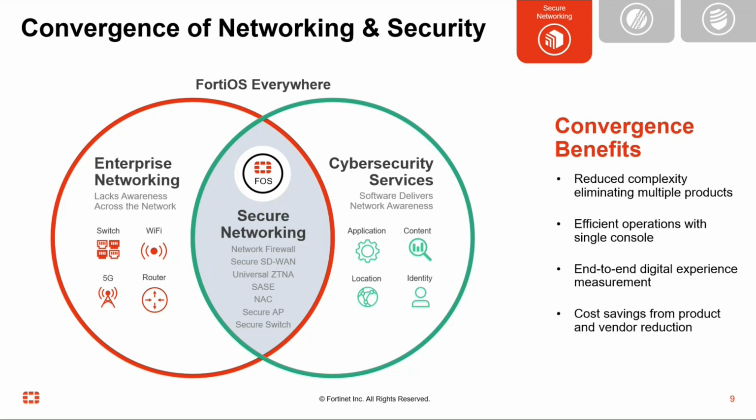These FortiGate devices can be physical appliances or they can be virtual appliances running in your private cloud environment or in the public cloud environment, providing network firewall capabilities, the secure SD-WAN and the secure SD branch when that's coupled with the switching and Wi-Fi capabilities. Universal Zero Trust Network Access will come on to, and the SASE will come on to as well, but also other things like network access control when you're looking to, let's say, connect third parties, corporate devices, corporate users, but once again, those IoT or OT type devices into the environment.